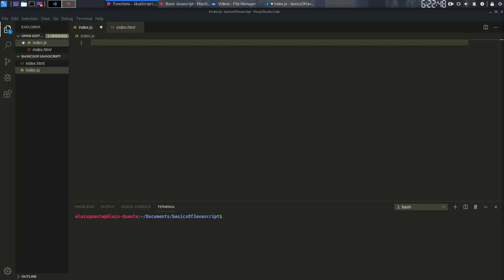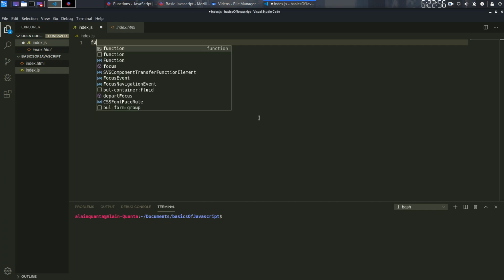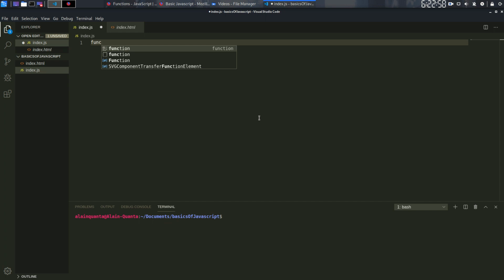Okay, for the next topic, we will talk about nested functions and closures. You can nest a function into another function. The nested inner function is private to its containing outer function. So, for example,